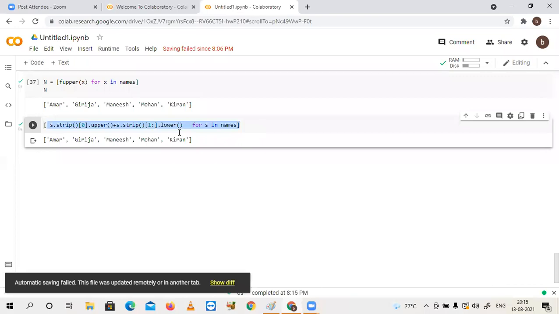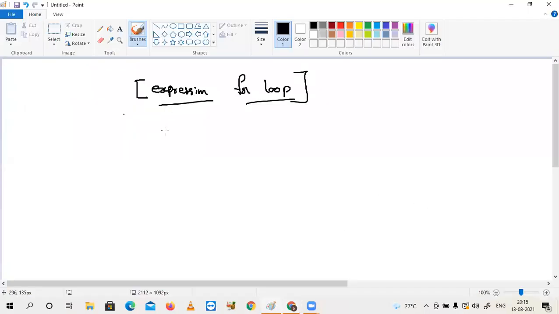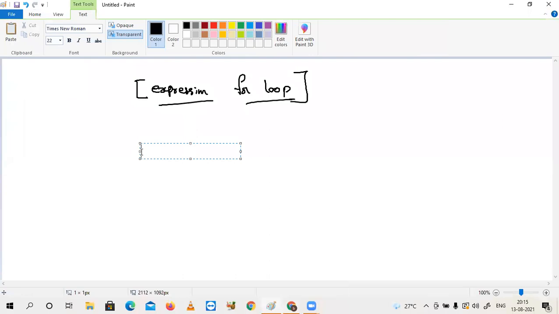One more question. Previously, one of you asked me: even though a predefined function is there, why do you need to write your own function? My requirement is like this: the first character should be upper, the last character should be upper, and the remaining all should be lower. For this, is there any predefined function in Python? You have to write your own code. That's why I always try to make you habituated to writing your own code. Then if the functionality changes, you can easily develop it.